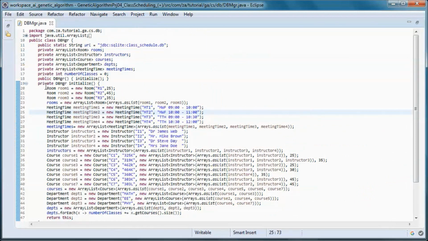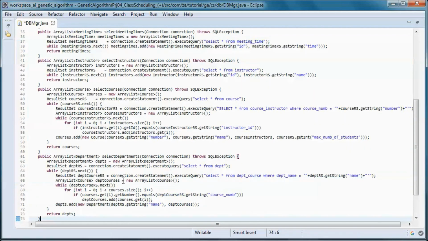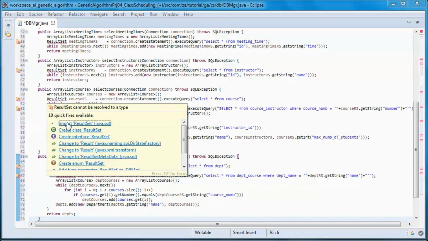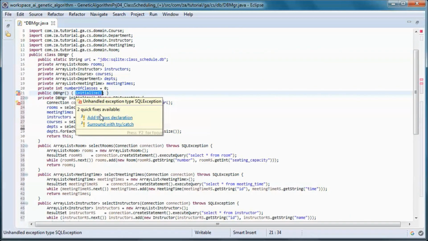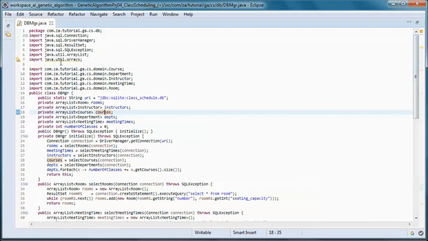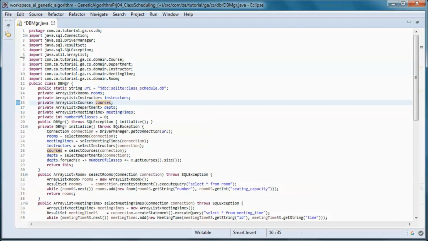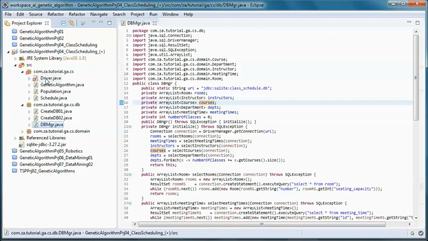So let's replace this hard-coded data with the data coming from the database. And let's go here.